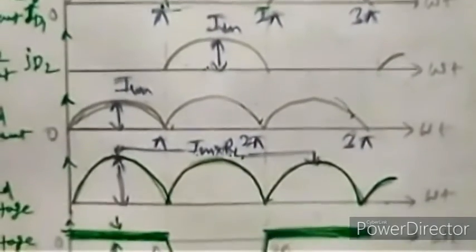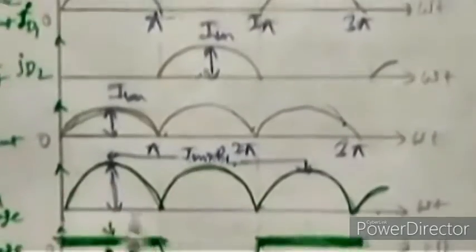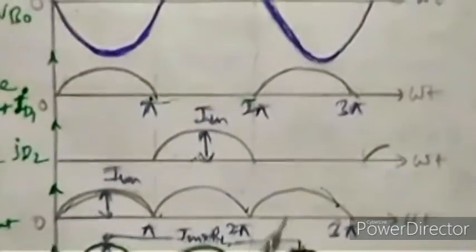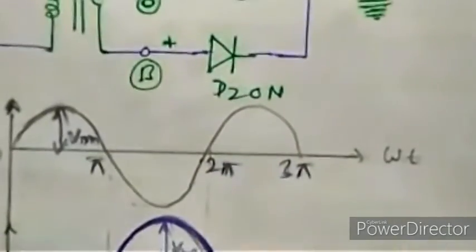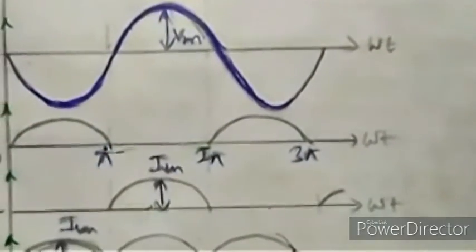So this is the load voltage, and this is the final output you get from the full wave rectifier. Here you will see the voltage across diode D1. It is almost 0.7 V, that's why I said instantaneous. This is 0.7 for the positive cycle, and this is for the negative, and this will again be for the positive cycle. So finally we get the load voltage and final output like this. This is all we have discussed about the working of the full wave rectifier.